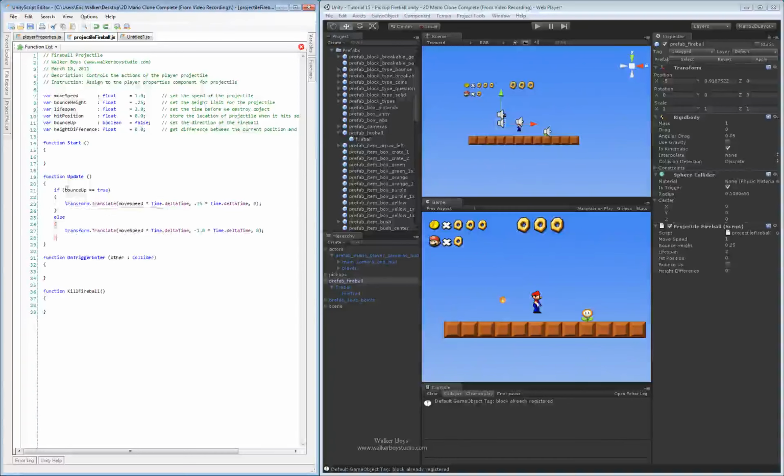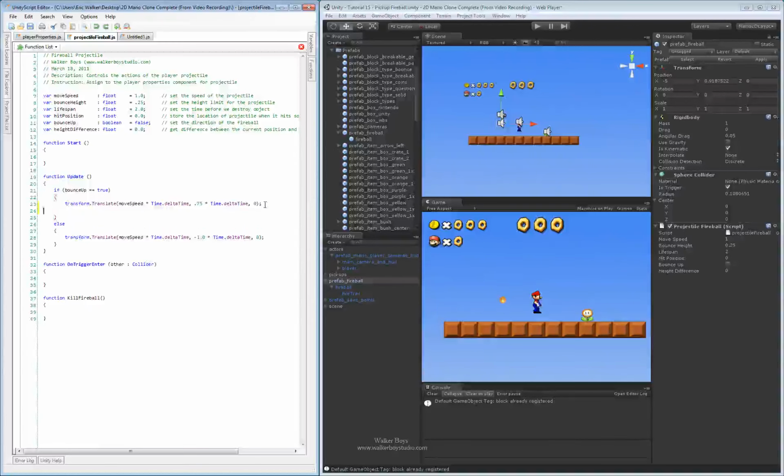Okay, so this gets us up and down. This is checking for our bounce up. The next thing we want to do inside of here is set for how high we can let this object go. So we're checking if it's set true, and we'll have to check this or uncheck this within a trigger event. But what we want to do inside of here is say, well, how high are we going to allow this object to go? Well, the height difference is what we're going to be using. Our height difference